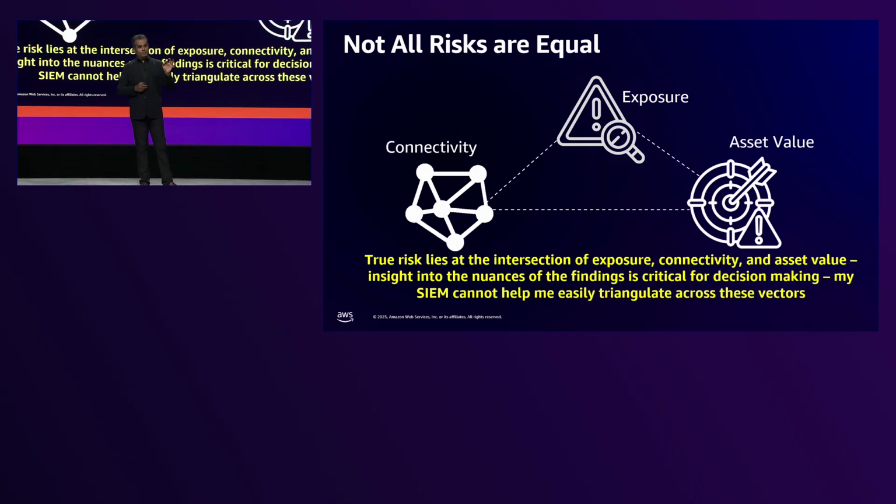I have used SIMs and CSPMs to get risk ratings out of them, but what I find is that they essentially flag everything. So it's like a needle in a haystack. And they also use static rules as opposed to changing the way that they're visualizing the entire environment based on the dynamicism of my network. So at this point, I'm overwhelmed with alerts, a lot of alert fatigue, and I don't know how to sort of weed through all of the noise to get the relevant information that I'm looking for that will then be actionable in terms of what I need to do next.